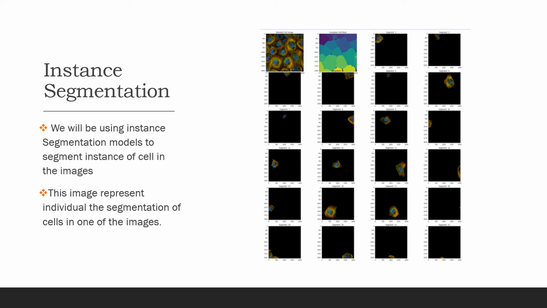We'll be using instance segmentation to segment each and every cell in a combination of cells, such as you can see here in the first image, which shows an image with a combination of many cells. When we apply image segmentation to this, we can differentiate each and every cell into its own block. So in the final output, we can see several blocks with individual cells in them. This is how instance segmentation looks.